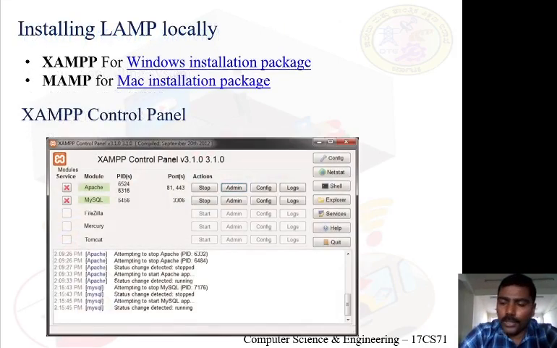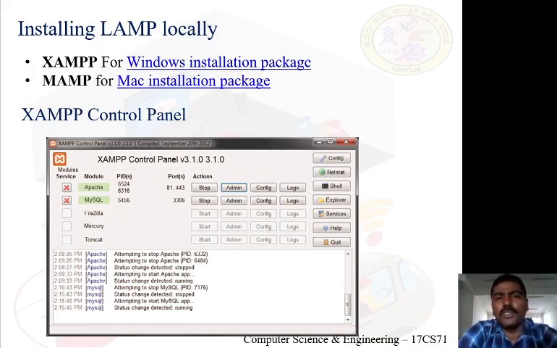Now, how to download and install? It's very easy. First, XAMPP is for Windows, MAMP is for Mac, Macintosh. Just log into the website apachefriends.org. In your browser, just type apachefriends.org or Google XAMPP for Windows.